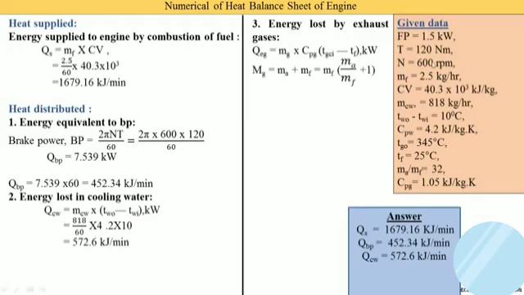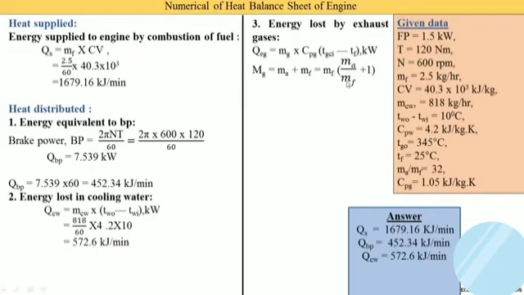But mg is not given. In this case you see mg is not given in the data. Mg means mass of the exhaust gases. So mass of the exhaust gases is equal to mass of the air plus mass of fuel. Then after, what are we doing? We take mf common. Here mf is not available, so we need to multiply and divide by mf. Then mf is common, so ma divided by mf, and mf gets common, so 1 is remaining.